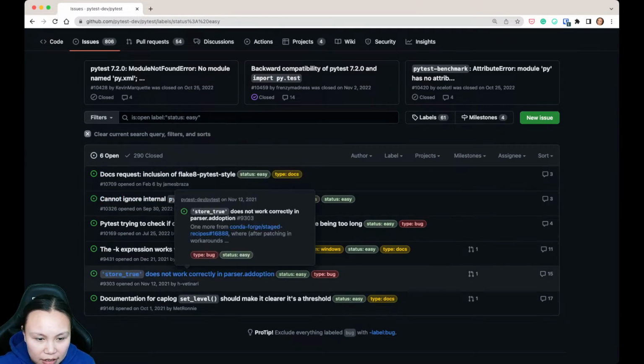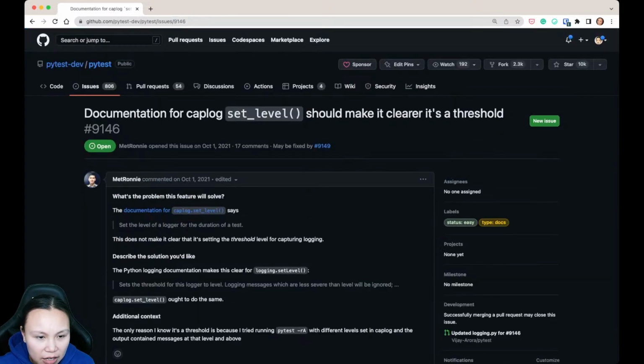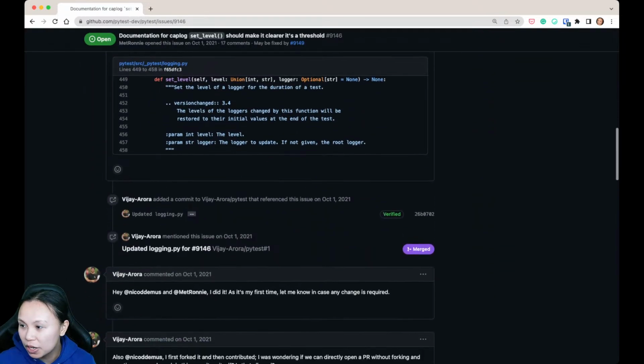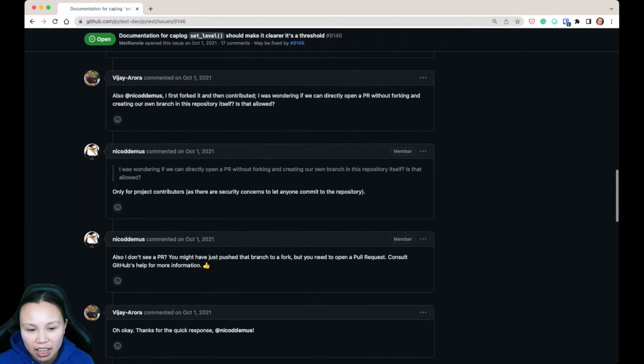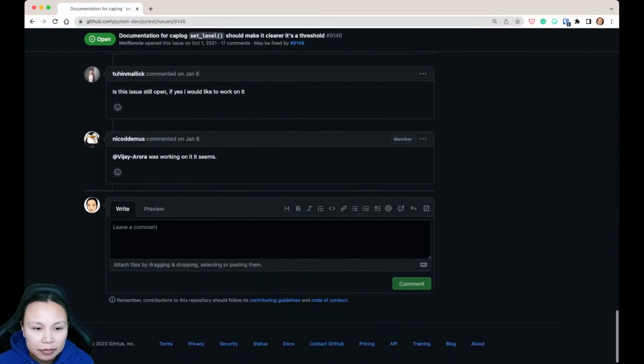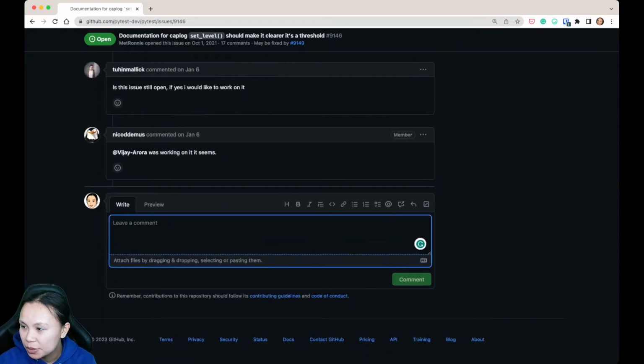And then maybe let's say, oh, this one is quite interesting. Looking at it, so what's the issue? What's the problem? And then see if someone has already been working on it. If it had been abandoned, maybe you can pick it up from where they left off. So starting from there, you can say, hey, I want to tackle this, and I will send in a PR in a bit, maybe within today or tomorrow.